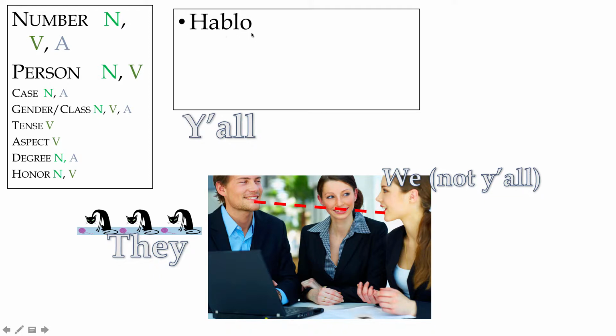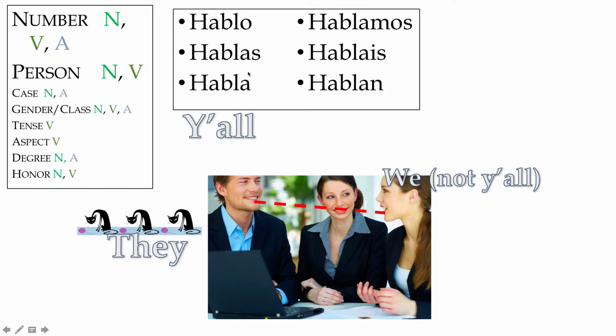So a typical example of this would be the Spanish verb hablar, which would be hablo, hablas, habla, hablamos, hablais, hablan. So these would be singular, these would be plural, this would be first person, second person, third person. So this kind of traditional European six-person conjugation form, you would have number on the y-axis, number on the x-axis and person on the y-axis.